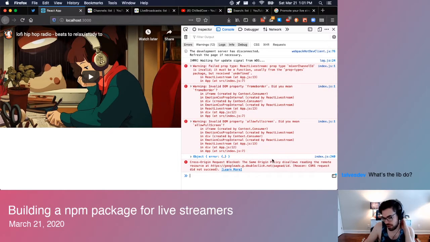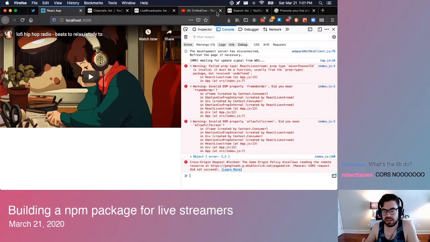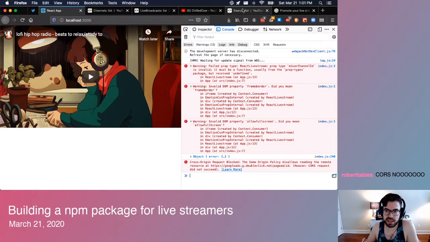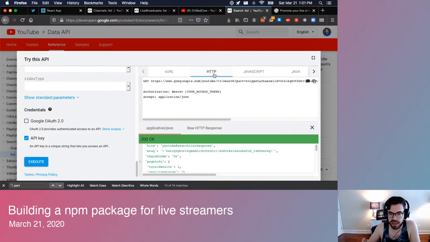Oh, did I get coursed? I got coursed, didn't I? No. Dude, that's not what I need. If I can do it via curl though, that doesn't count as the browser, so it's not really the client, which is why this works. But if we were to do HTTP,